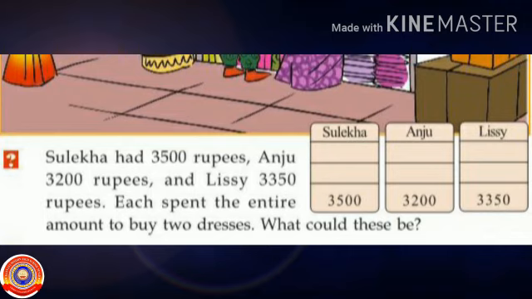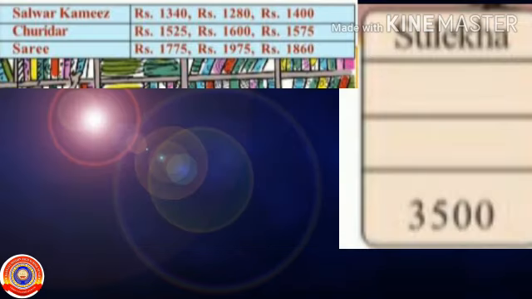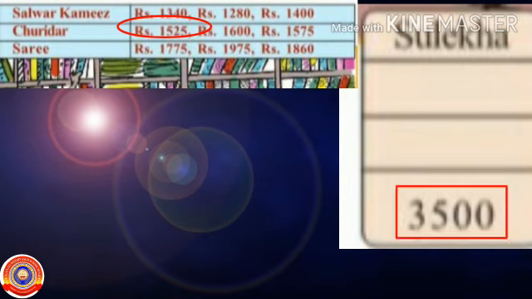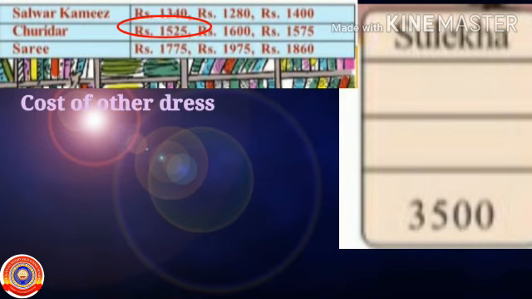Sulekha had 3500 rupees, Anju had 3200 rupees and Lissy had 3350 rupees. Each spent the entire amount to buy 2 dresses. What could these be? Sulekha spent 3500 rupees. Which 2 dresses did Sulekha buy with this? Suppose Sulekha bought a churidar costing 1525 rupees. Which may be the other dress she bought? Students, once more, Sulekha had a total of how many rupees? Yes, 3500 rupees. So, to find the cost of the other dress, subtract